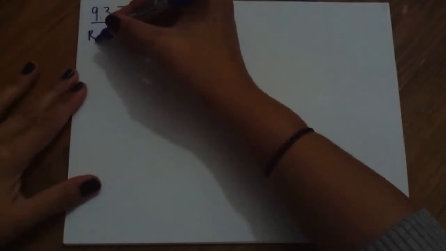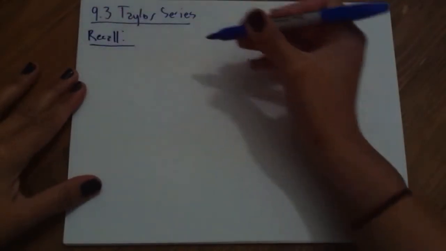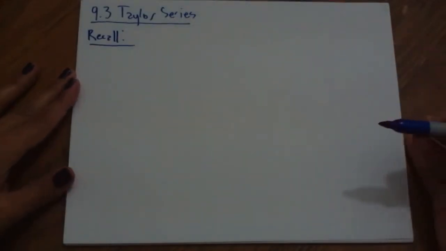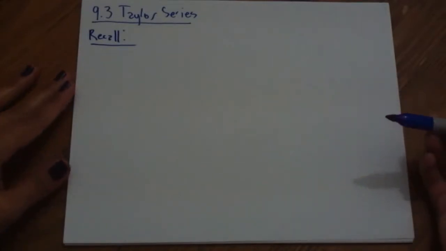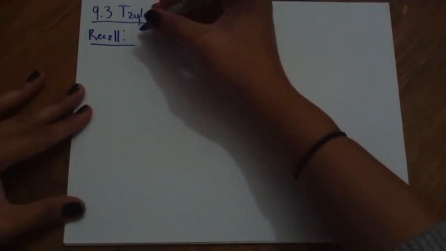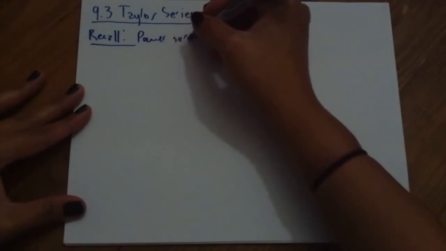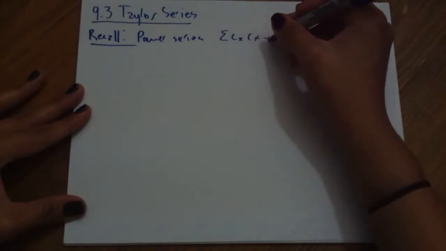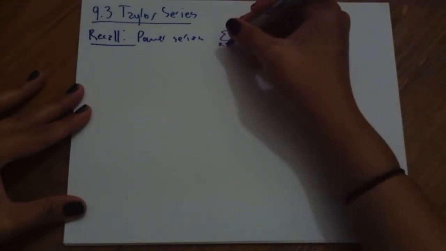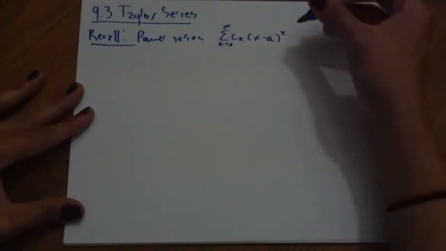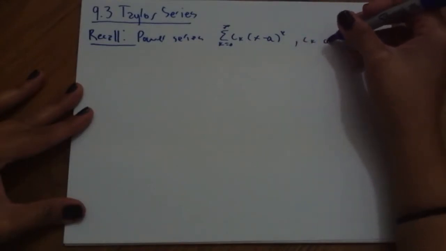Now, to get started here, I wanted you guys to recall a few things because Taylor polynomials are things we've worked on before. Power series are things we've worked on before. I've mentioned very briefly what a Taylor series is, but we'll go ahead and piece these together. Remember, power series are anything of the form sum c_k times (x minus a) to the k. Whatever your indices are, by default, I'll just assume 0 to infinity. These c_k are going to give us coefficients